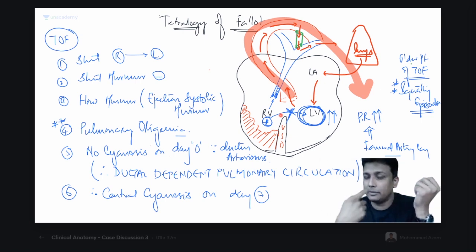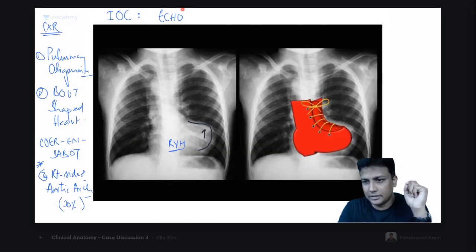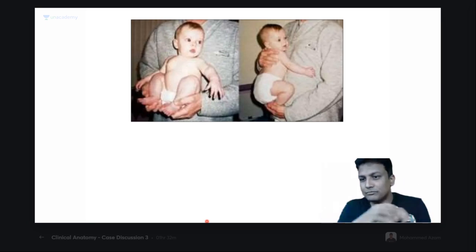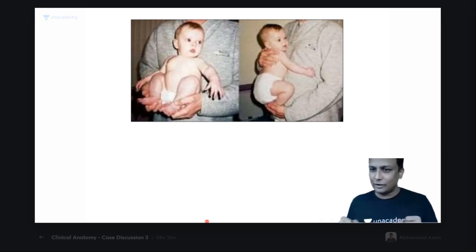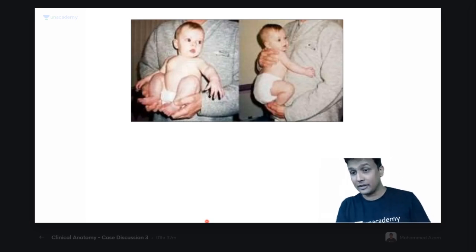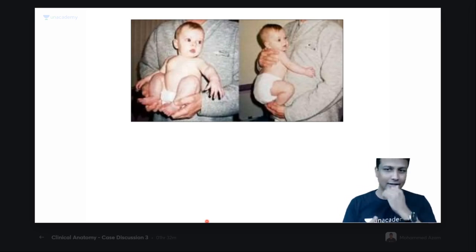The lips of the baby will become more and more blue, so blue that they appear almost black. At that time, we advise the mothers or parents to take the baby in the knee chest position. Again, it is the same thing we are doing here. So the knee chest position is nothing but squatting again. When you take the baby in the knee chest position, what happens? The femoral artery is compressed, peripheral resistance increases. Because of that, the left ventricle increases its pressure, and because of that the shunting will reduce and cyanosis will reduce, guys. That is the same condition, and we handle it in the same way.